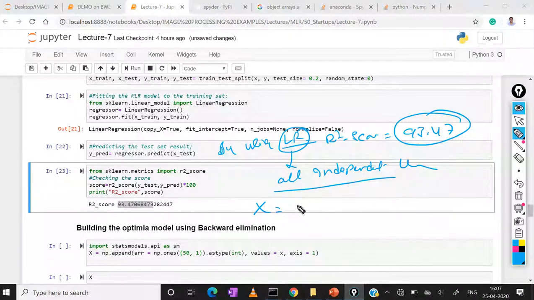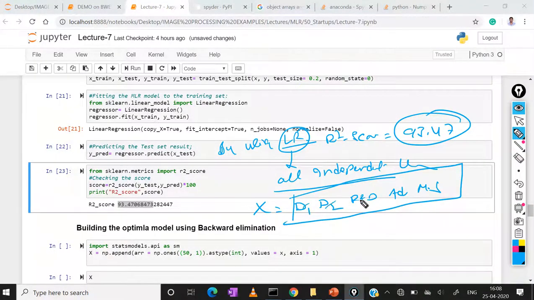What are the independent variables in x? Only 5 variables: 2 dummy variables d1, d2, and the R&D department, administration and marketing spend. These are the 5, 1 2 3 4 5. So based on the 5 input features we got the R2 score of 93.47.